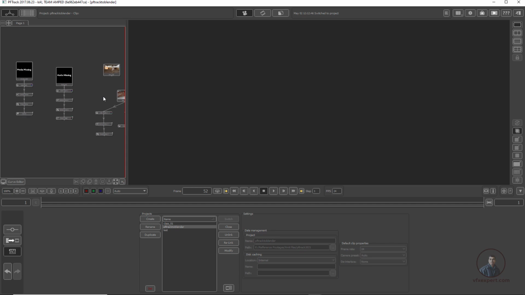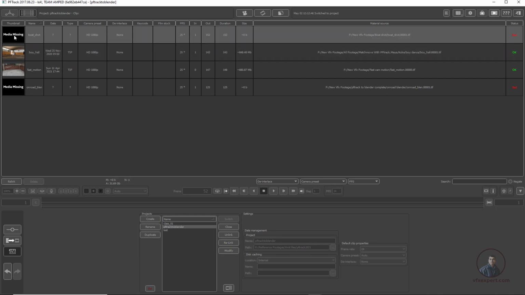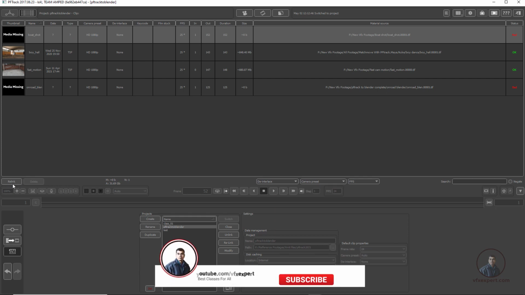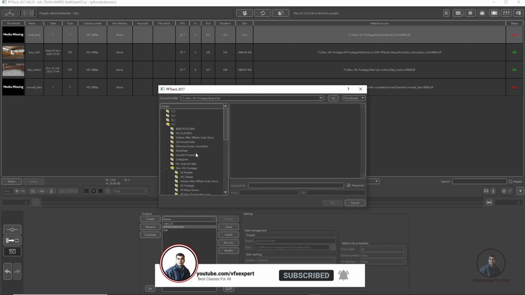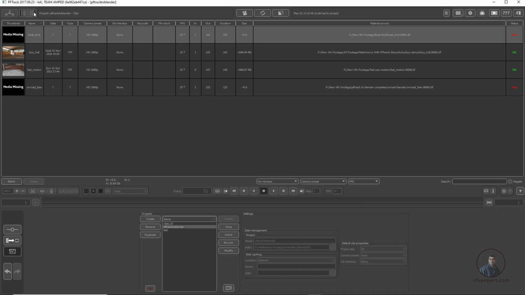Now you can see some files are missing here, and if you click here it will display the status. For this one it's showing bad, and this one it's showing OK. If you select this one, the relink media file option is ghosted because the status is OK, meaning this footage is not missing. But for the file showing missing or with bad status, when you select it, the relink option will be enabled. Then you can click here, select your footage, and relink your footage. So this media admin has important options.